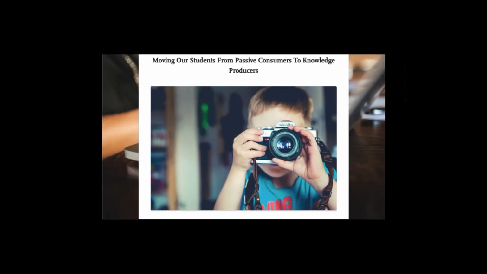Another key area that we look at when assessing an app is, does it move our clients from passive consumers to knowledge producers? If it does not, then you might want to reconsider using it in therapy. Some key points to remember when moving clients from passive consumers to knowledge producers includes the following pillars that were